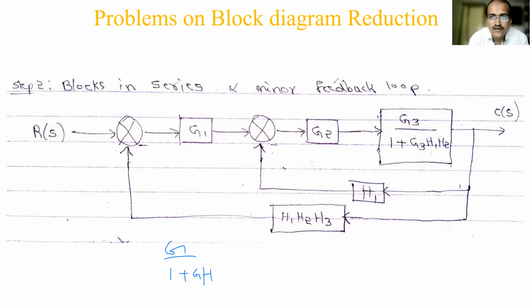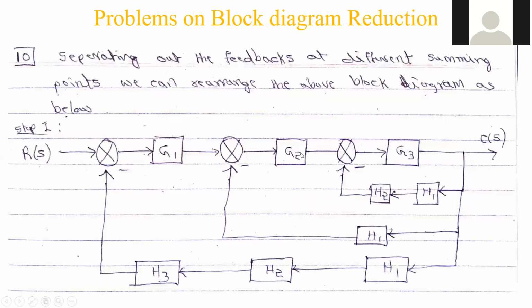So how are we applying it? We have identified a minor feedback loop here. Very first it is difficult, I understand, but after this session you write this down, you will understand. So here G3 is there. I told you I am taking G just for derivation purpose and H simply. But in normal problems, you will not have direct G and H because there will be plenty of G and plenty of H, so they will be named G1, G2, G3, H1, H2, H3 like that.